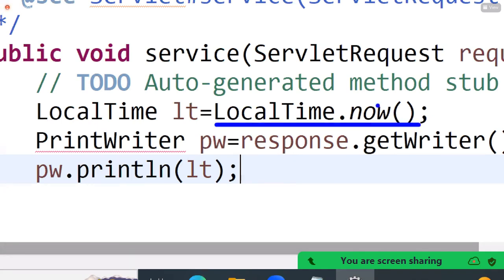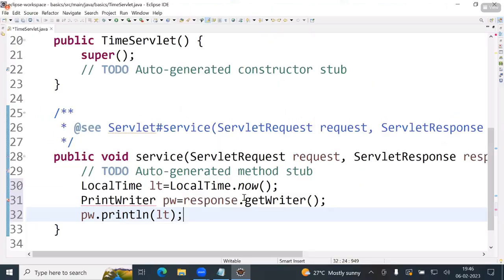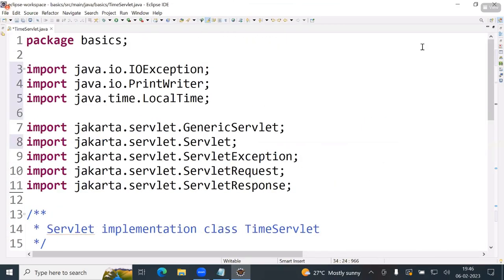Now LocalTime.now(), now is a static method. In which class? LocalTime class. LocalTime.now(), then you will get the local time. Here implicitly which method is called? The toString method. With that the system time is printed. Now with the PrintWriter it is passed. It's over. Now see, if I run this program,